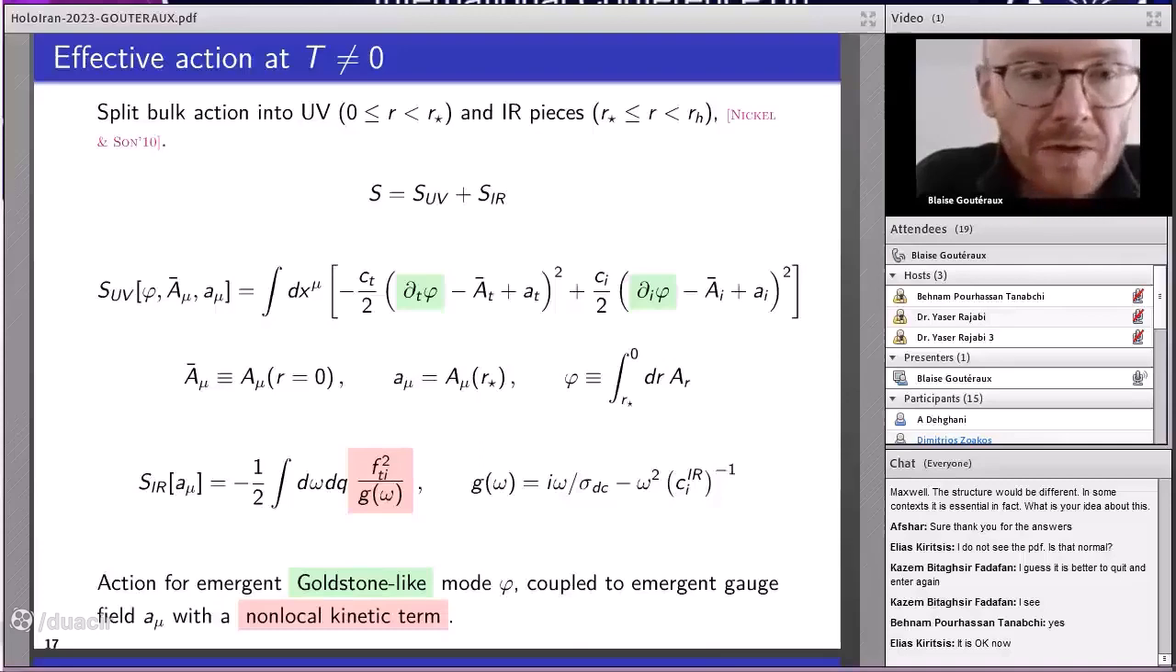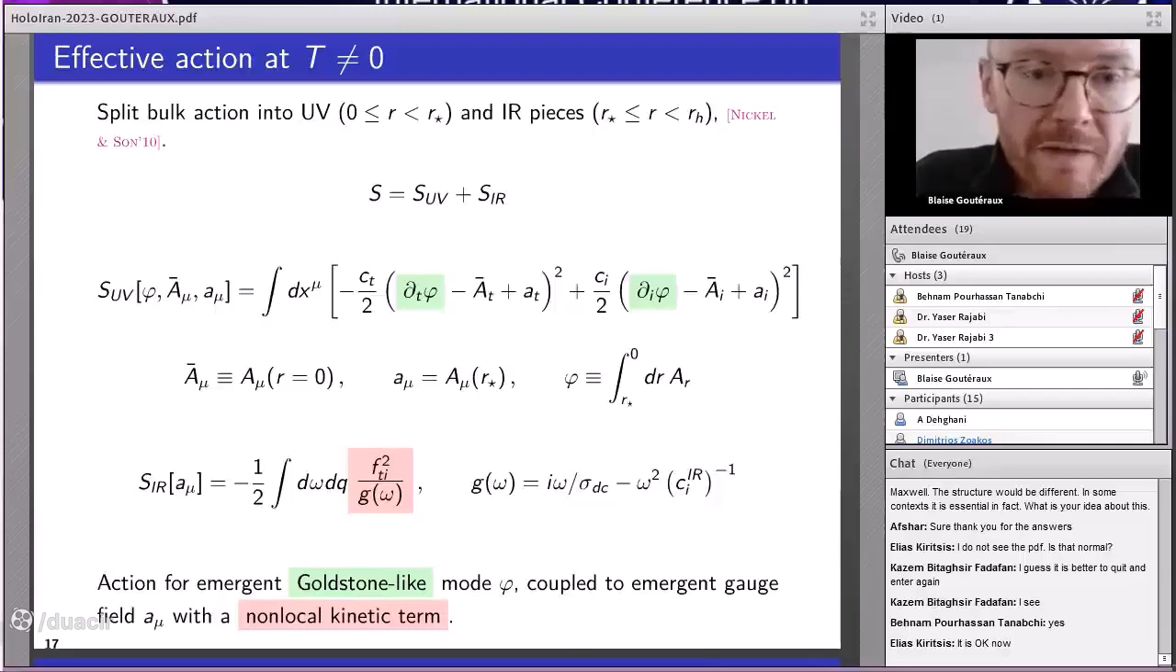This produces an effective action which is very much like that of a superfluid. Compare it with the one from a couple of slides back. The difference is the coupling to this emergent gauge field little a. And in fact, in order to resolve the dynamics of this little a, we need to compute the infrared action. And when we do that, we find